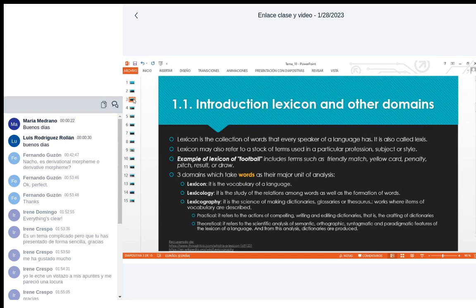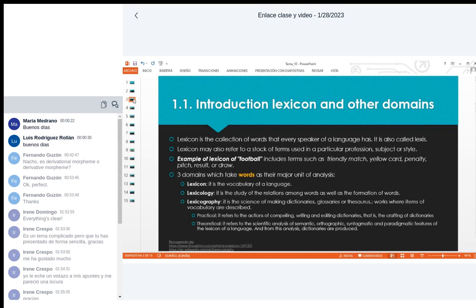So lexicology and lexicography are basically not the same thing, because lexicology really focuses on how we make up words. So this theme, number 10, is on lexicology more than lexicography. Although we're also going to look at certain aspects of lexicography, because everything is related. We relate the meaning of the words with word formation, since the meaning of words is also defined by the word formation. So when we talk about lexicography,